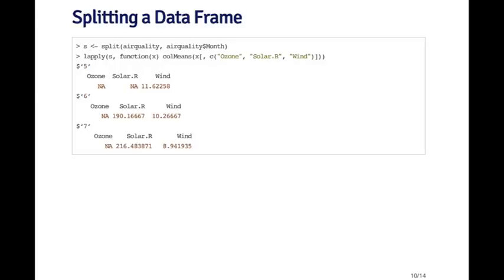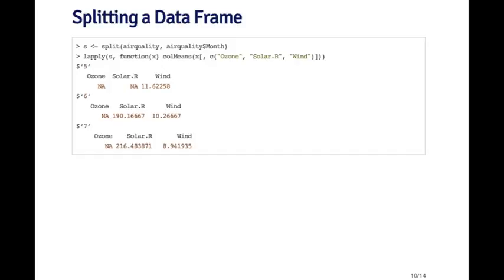And then I'm going to apply an anonymous function. The anonymous function here takes the column means of just the ozone, solar radiation, and wind. So I'm not going to take the mean of temperature here. I'm just going to take the column means of those 3 variables for each month, each kind of monthly data frame. So here you can see the results. You can't see them all, but you can see most of them. And you can see lapply is returning a list back, where each element of the list is a vector of length 3, which is the mean for ozone, the mean for solar radiation, and the mean for wind within that